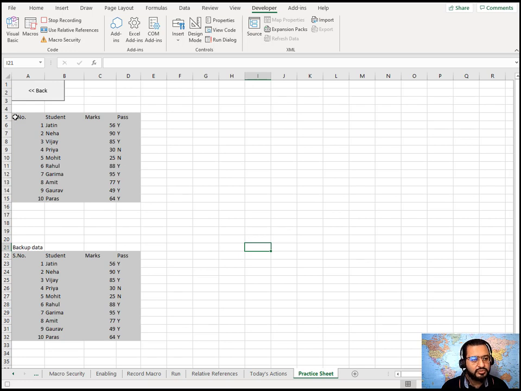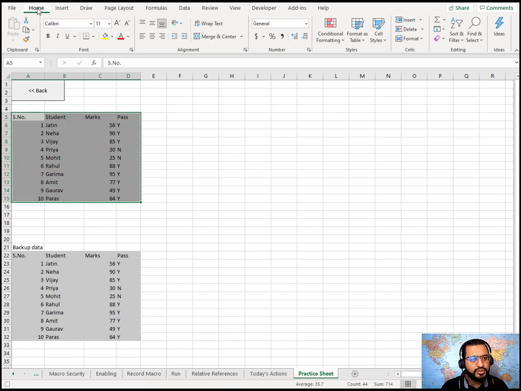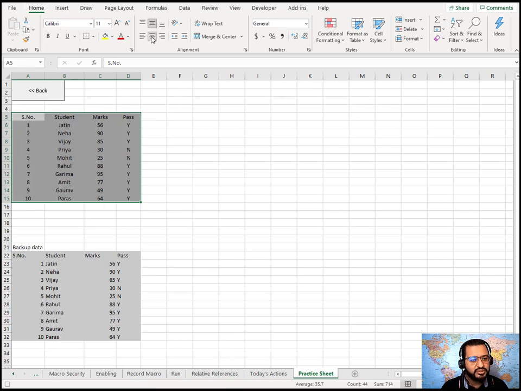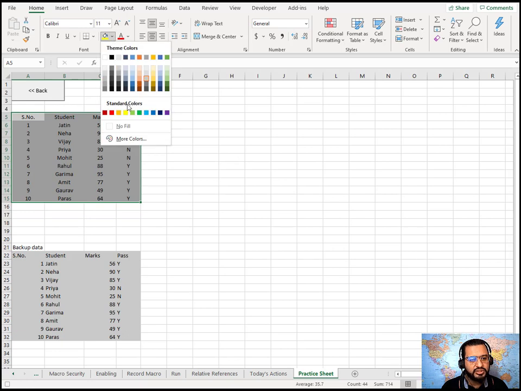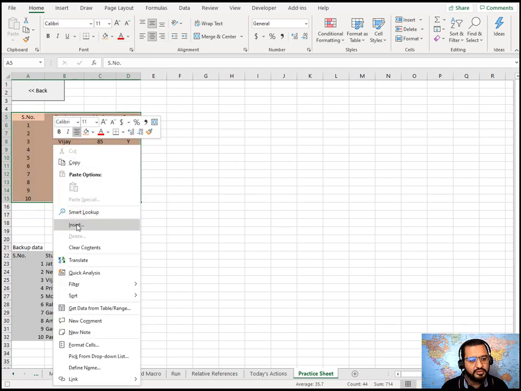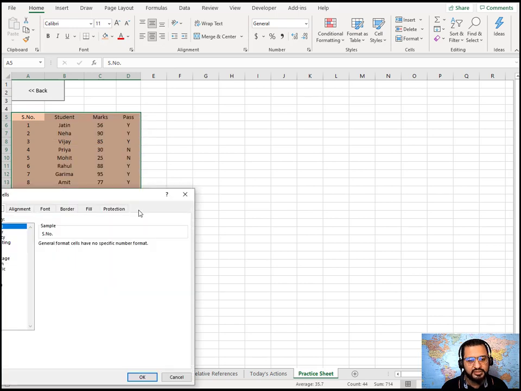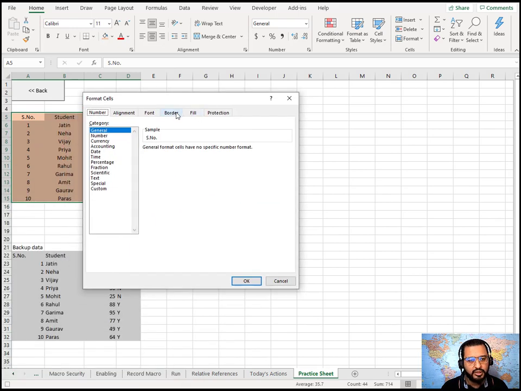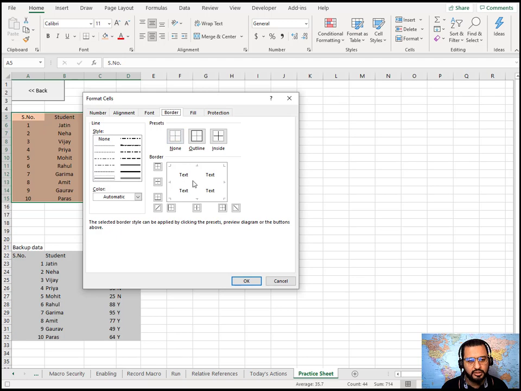First I will select the entire data, go to the home tab, and bring the text to the center. Then I'll change the background color, let's say to this, and then maybe I'll go to the format cells, and I will put a border.